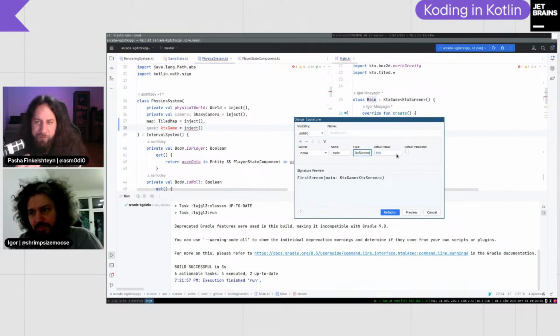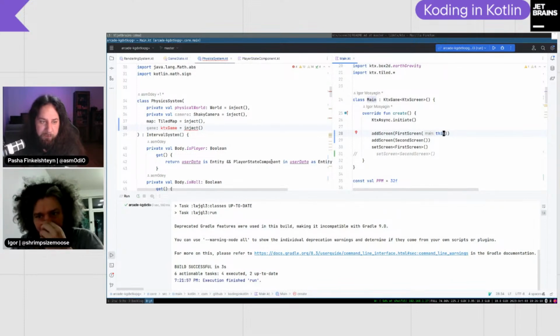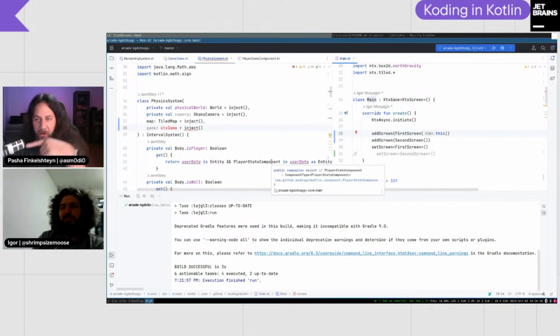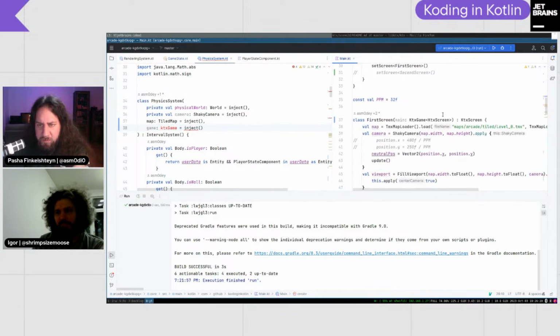And now you can call refactor. And now your first screen contains a reference to the game itself. Now, please go to where we define our injectable things. No, on the right side. In the main, we have injectables.